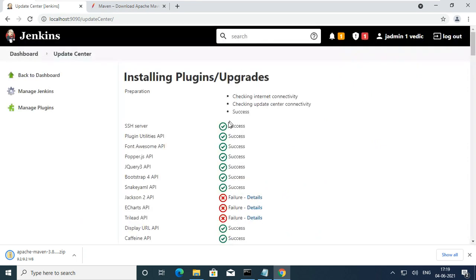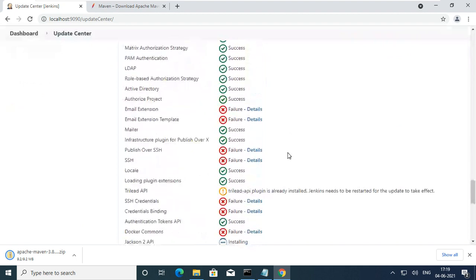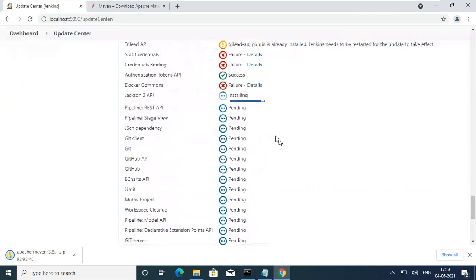Okay, so let it go and it will take time. These plugins, I need this thing and Git, Maven, pipeline. These are important. Yeah, this is like that one only.